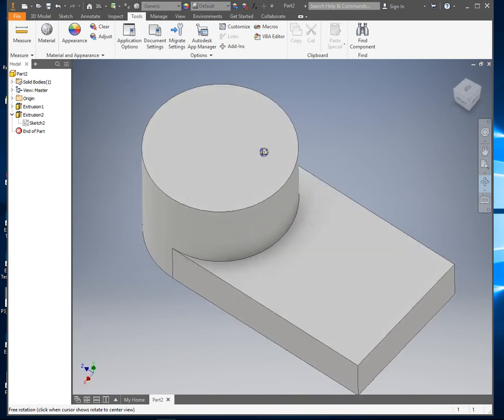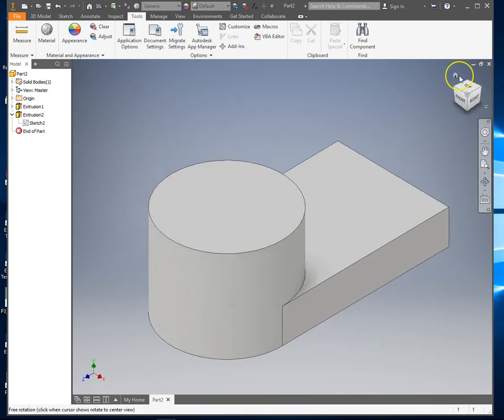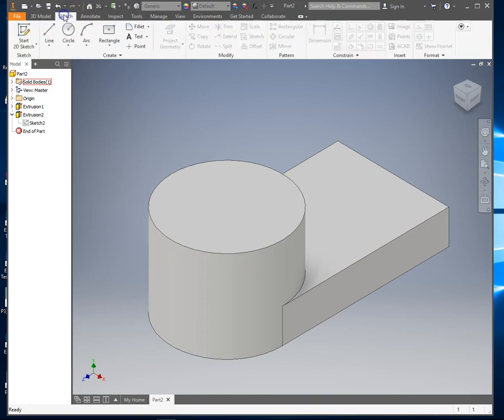See, Orbit works like this, but you have to right click OK to get out of it. And I'm just going to click back on my house again to line me up. So if you want to pause the video now and answer the question about a shortcut,